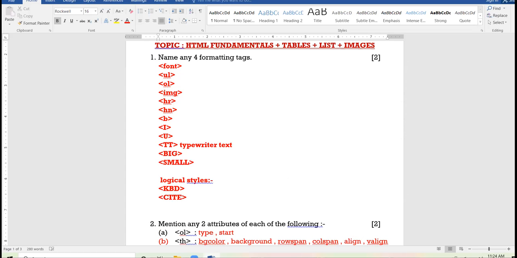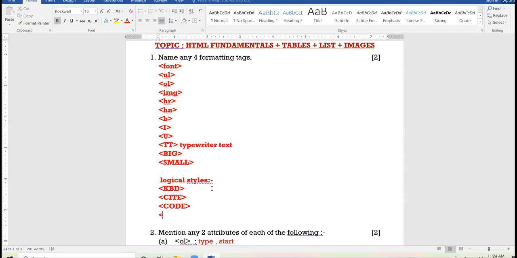Right? Then you have the code tag, when you want to display the coding of any program, when you are using a programming language and you want to display any programming statement. Then EM, emphasis, when you want to emphasize something. When you enclose the text within the EM tag, it is displayed in italic form.